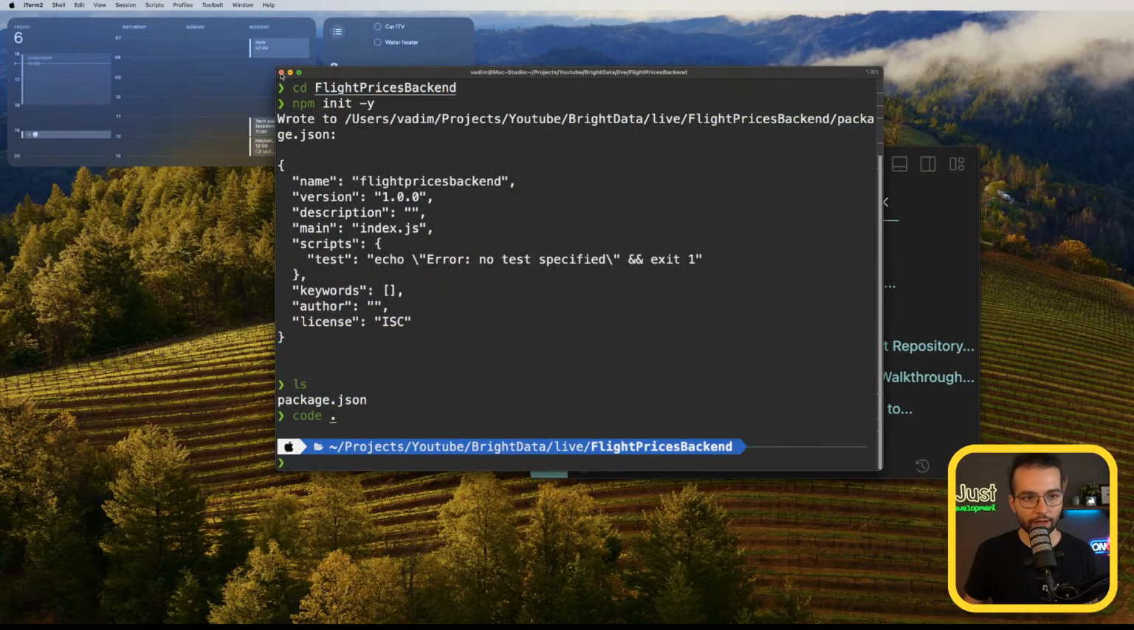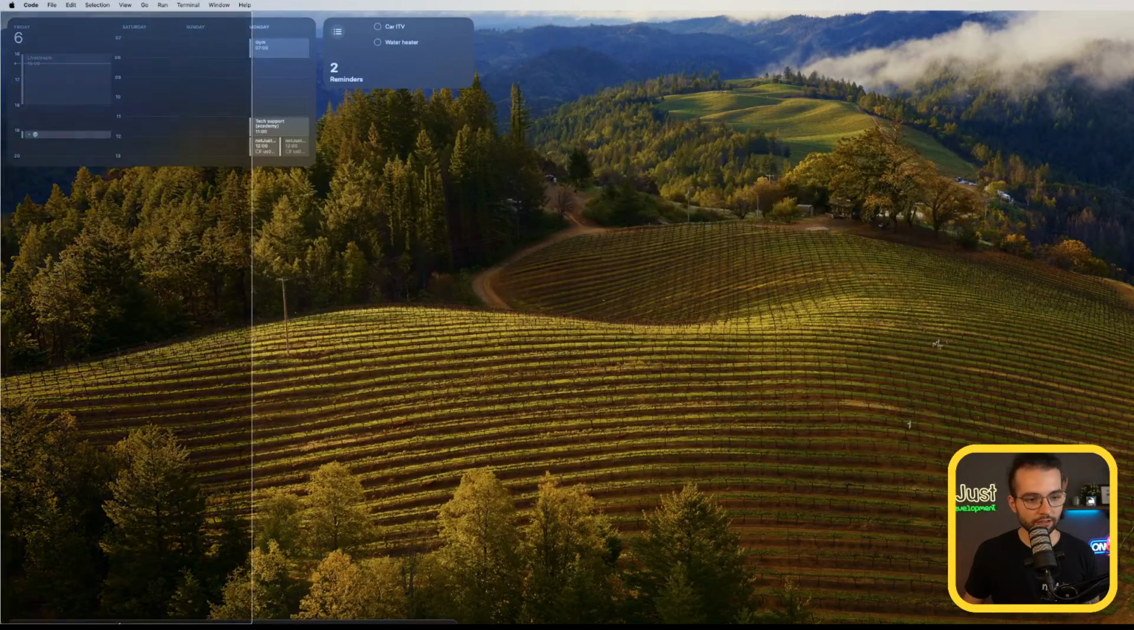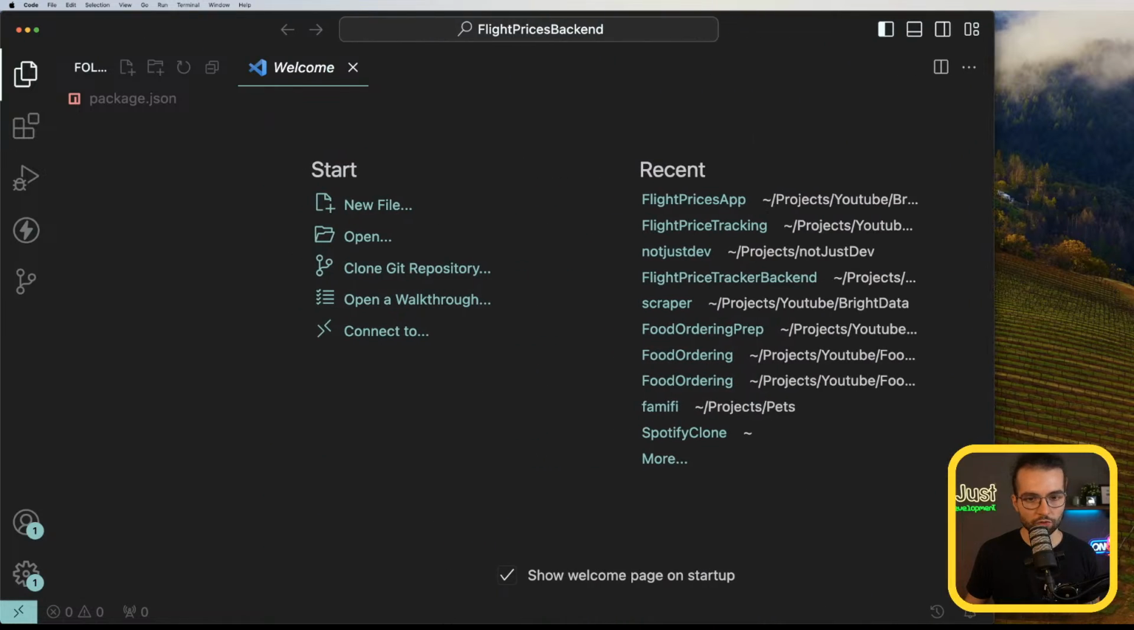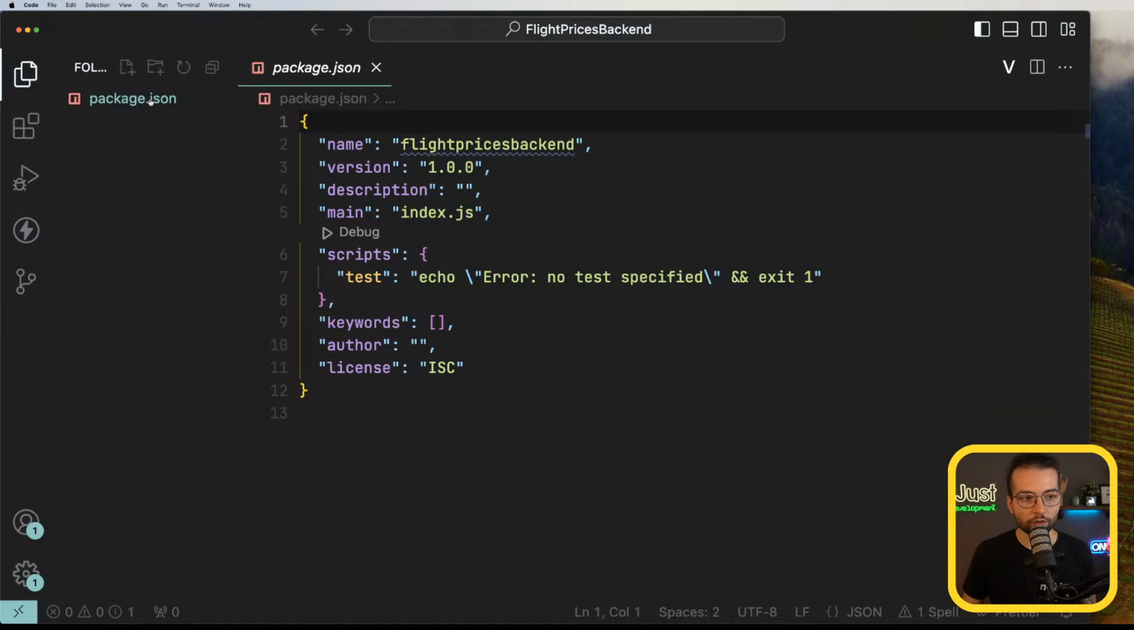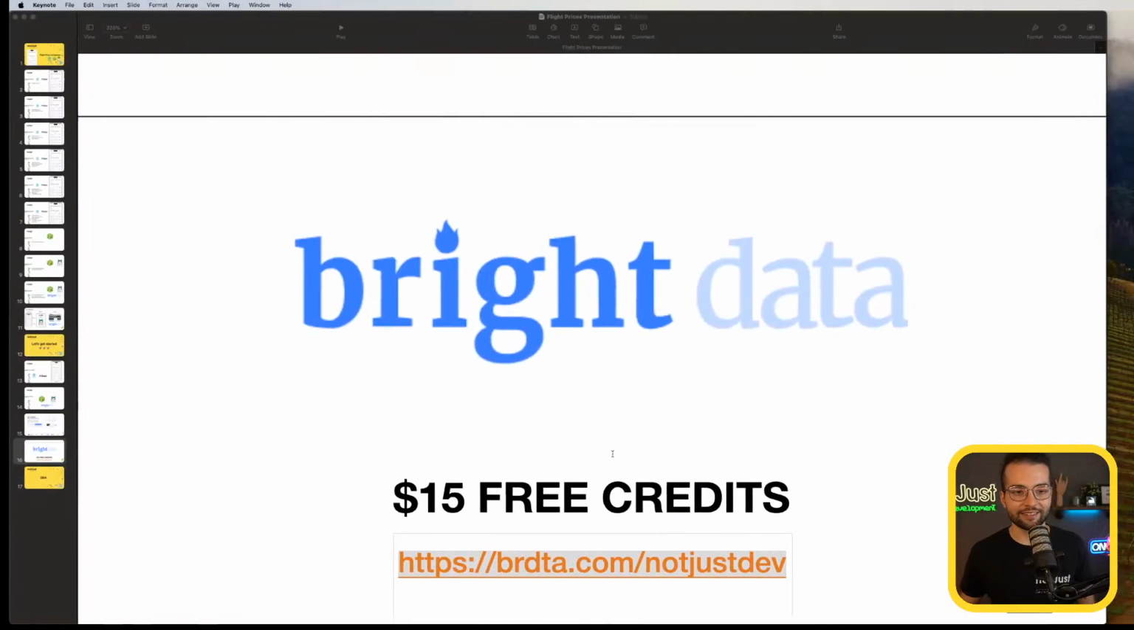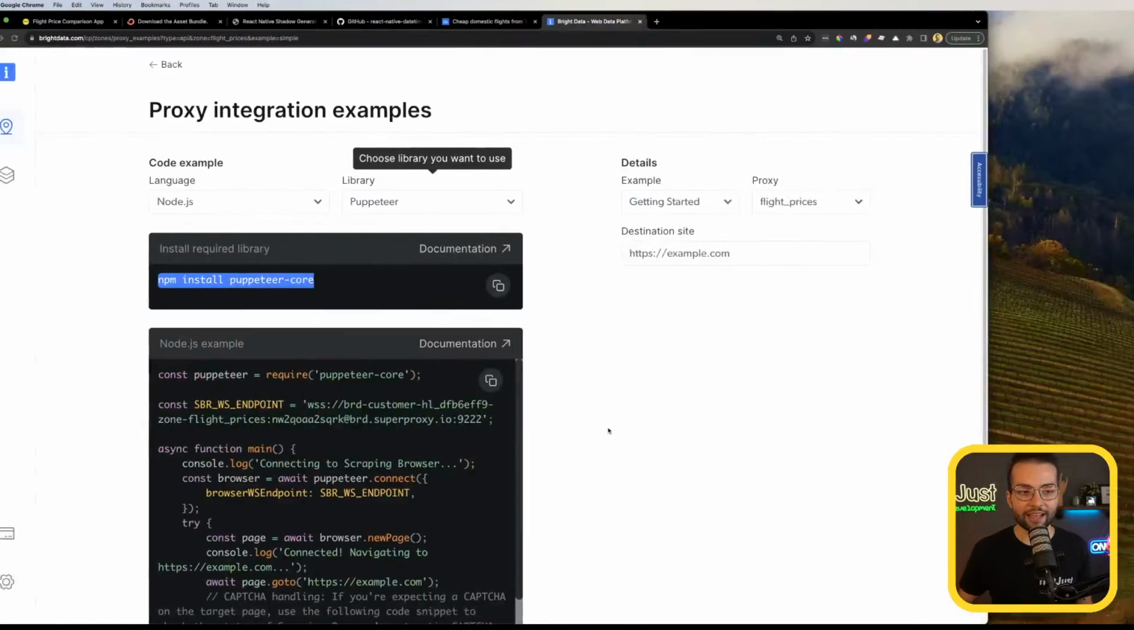I don't need the terminal anymore. Here is going to be our Node.js backend, which now has only the package.json. We don't need anything else at this moment, just an empty folder with package.json. And the next step, we can go to our